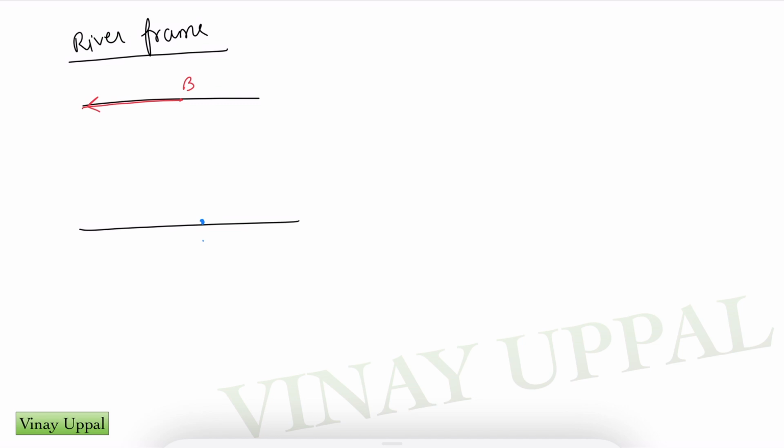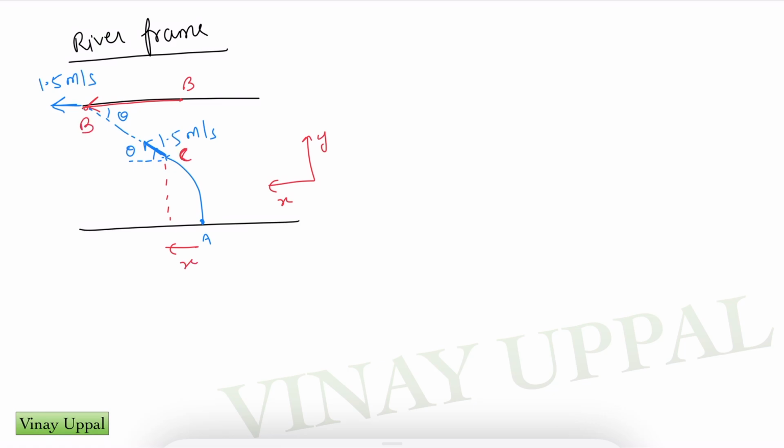So my boat starts from point A and its velocity is always directed towards point B. At some instant, let's say this is the situation. The velocity of the boat is 1.5 meter per second and the velocity of point B is 1.5 meter per second to the left. Let's say this angle is theta. Let me take this as my x-axis, y-axis, and x coordinate. Now let's say the boat is at point C. So CB is equal to L, and I want to write the rate of change of x and L. So dx by dt will simply be 1.5 cos theta, which is the x component of the velocity of the boat, and dl by dt,